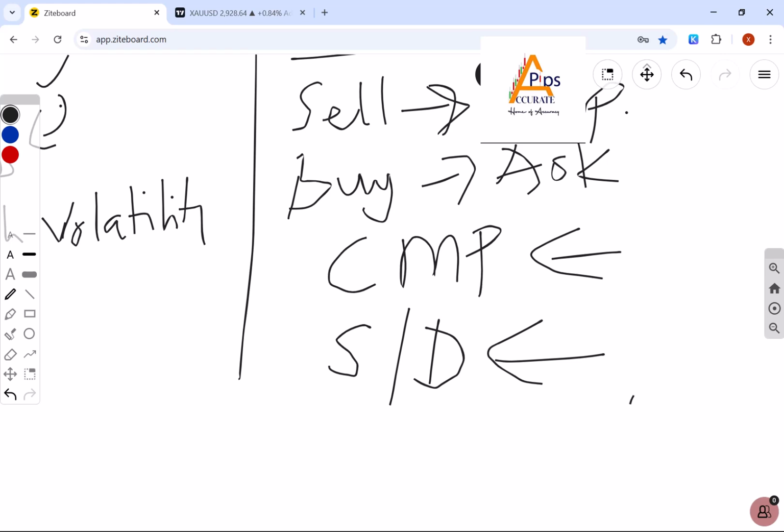So it can move from low to high, and can move from high to low due to what? Supply and what? Demand. Okay,